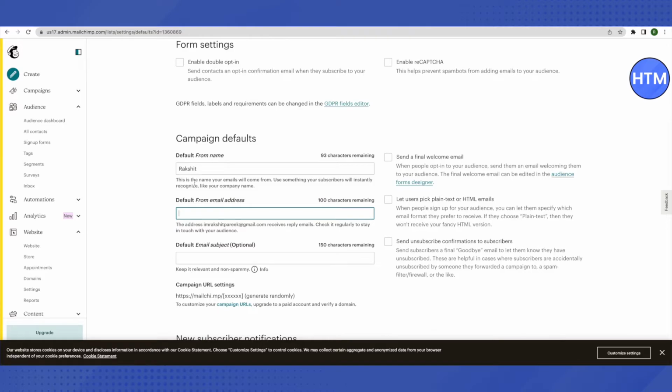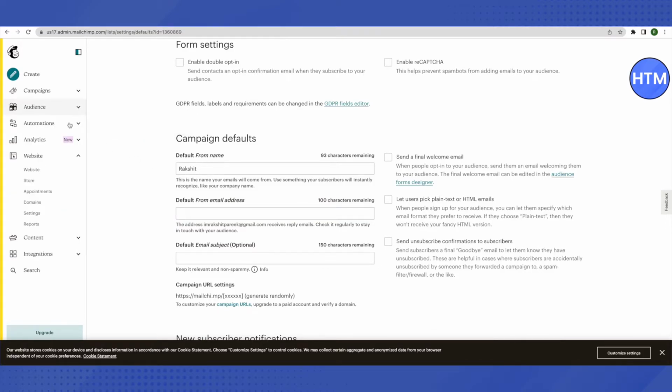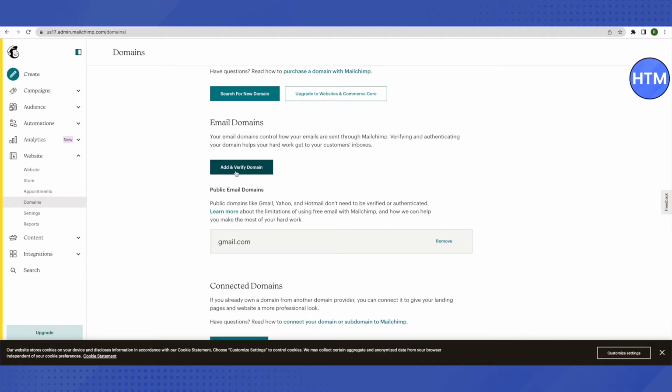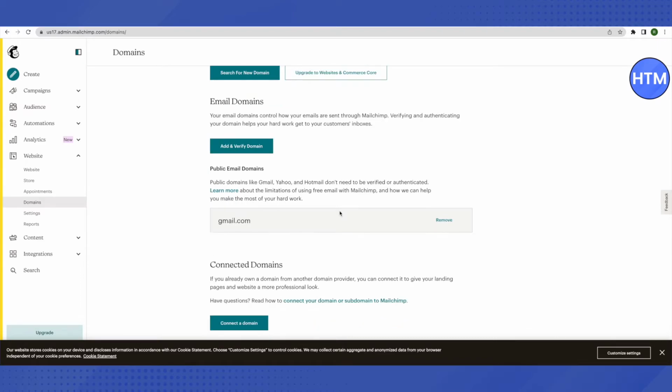And the second tip is you need to verify your domain, and let's see how we can do that. So on the website section, you will be able to find this option of domains. Just click on it. After that, just click on add and verify domain, and you will be able to customize your domain. And after that, all your emails will tick the mark of not going to the spam folder,